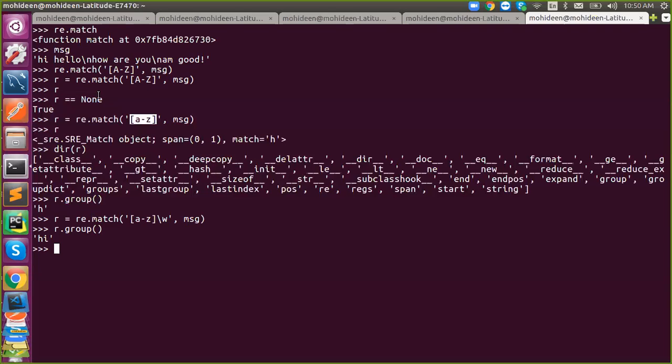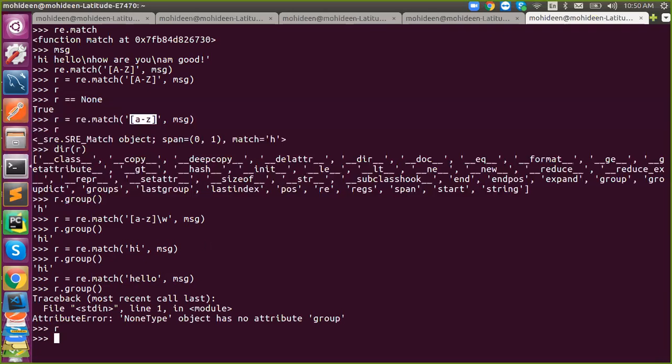And if you want to match an exact one, just use the exact one. So it is an exact match. Otherwise, if I say hello, it is not an exact match, it's None, because match only deals with the start of your string. So we understand match. Are you clear with match?